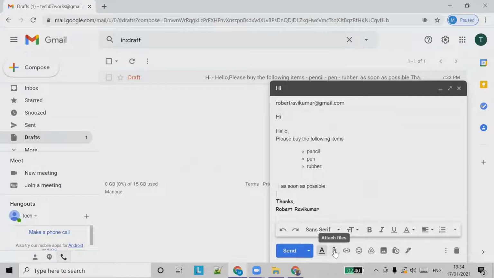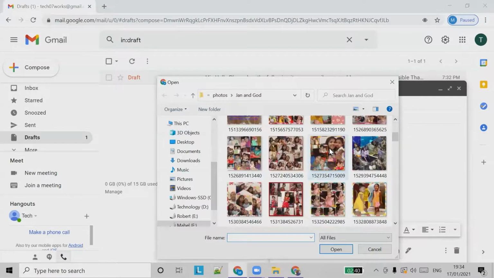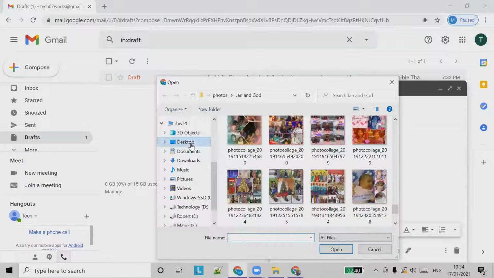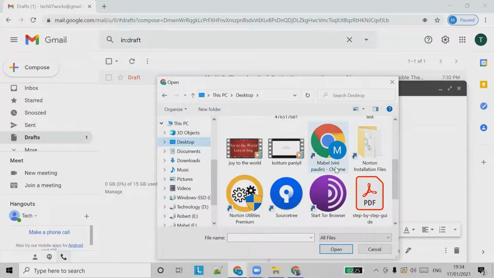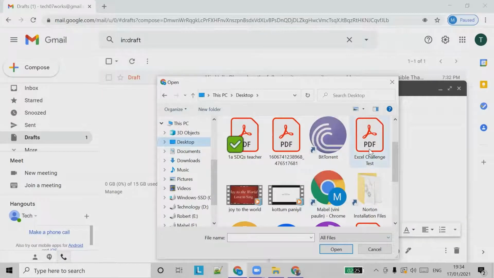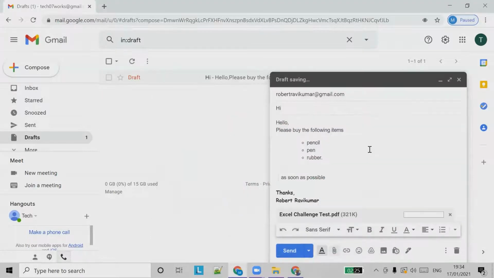Go to attach files, click on it, and choose any option. I will select this PDF to attach. Now there is a PDF attached, and you can see the attachment here. If you want to remove the attachment, you can click that remove mark, and the attachment always appears at the bottom of the draft.